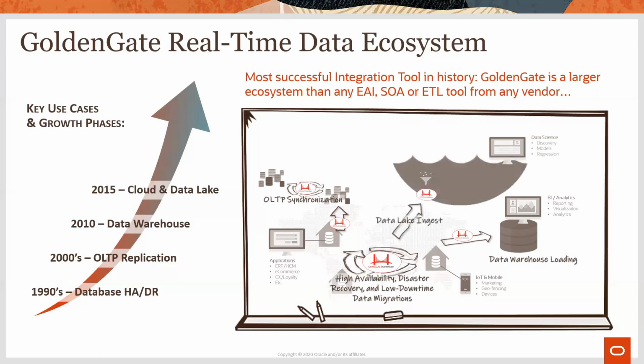But then, of course, what happened in the data warehouse market is that it got completely disrupted by the emergence of Hadoop at first, and then eventually the cloud, where people began to shift their longer-term storage for data analytics into object store, into Hadoop file system, into other distributed environments. And so GoldenGate kind of went along with that flow, and GoldenGate's high growth use cases over those years were really about doing what we call data lake ingestion,